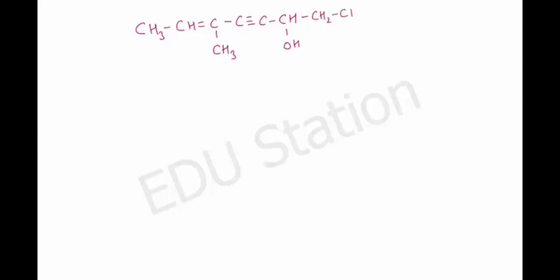It contains a double bond as well as a triple bond. So first we'll label the functional group. So it has alcohol, chloro. Alcohol is preferred, so we try and make the longest chain with alcohol. So it will be 1, 2,